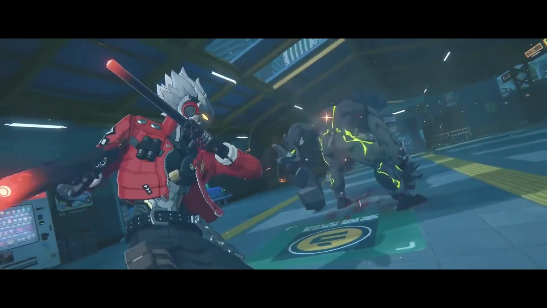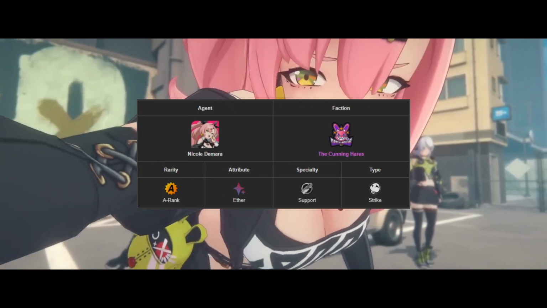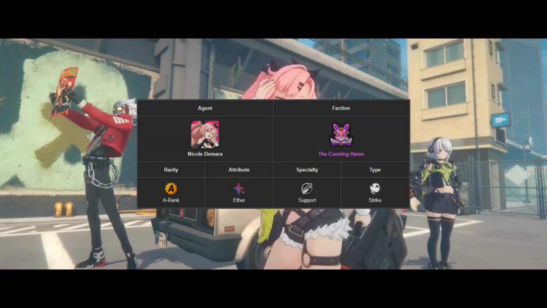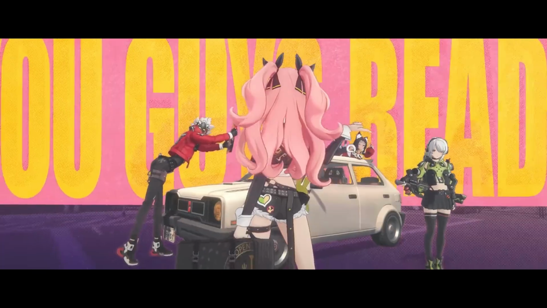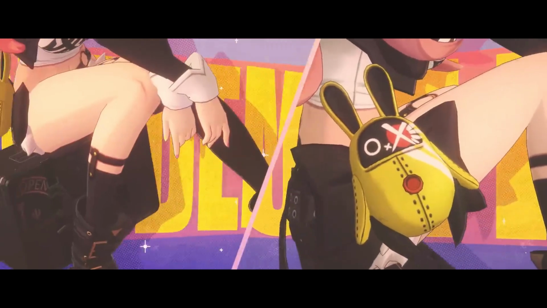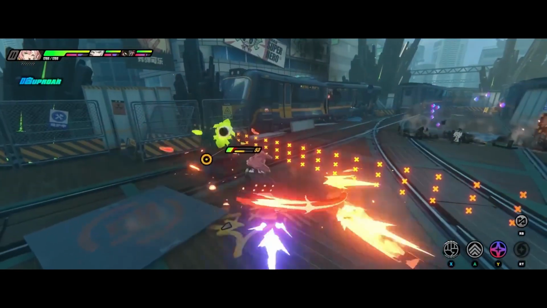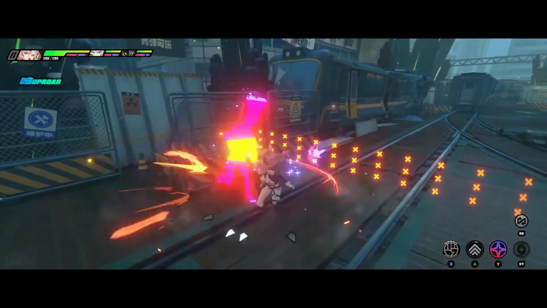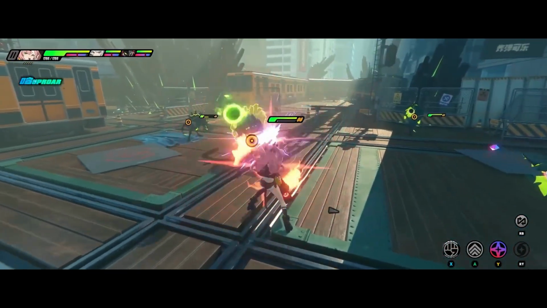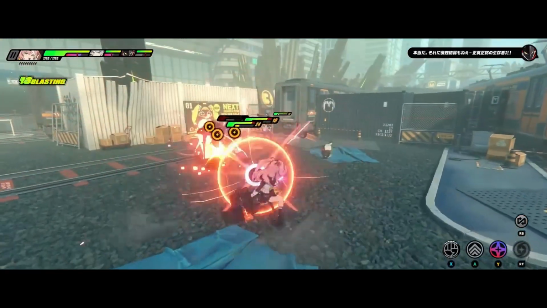The third and last character we get at the start of the game is Nicole. Nicole is the first support we get, and she is also the only free character we get at the time of me making this video that is of the Ether attribute, giving her a lot of value. Her skill set not only consists of debuffs but also CC effects. She is capable of pulling enemies to the center of her Ether energy field to deal a lot of Ether damage,